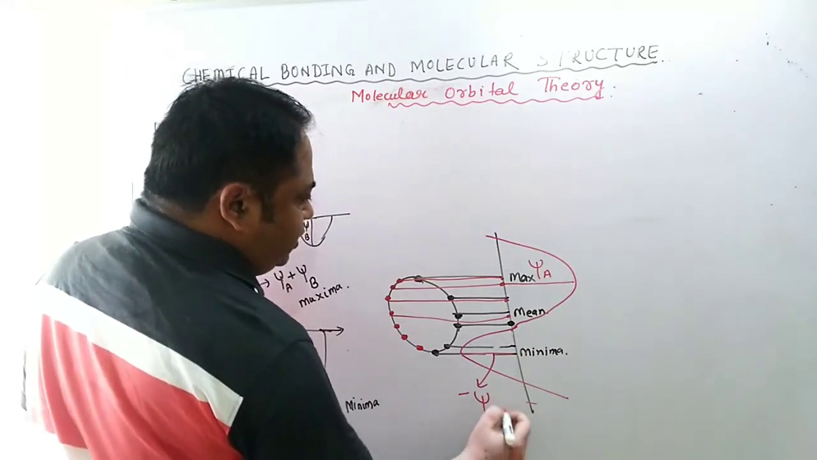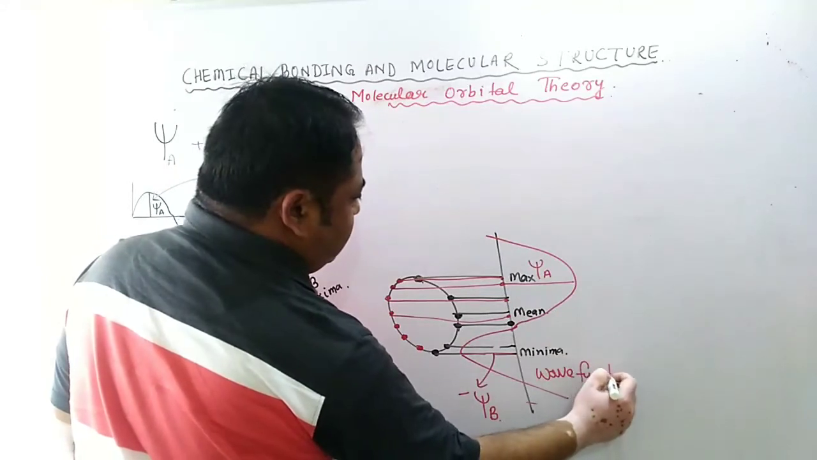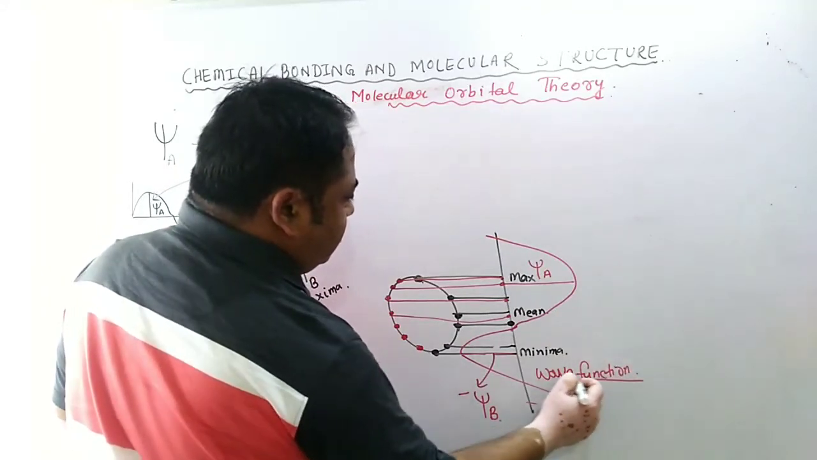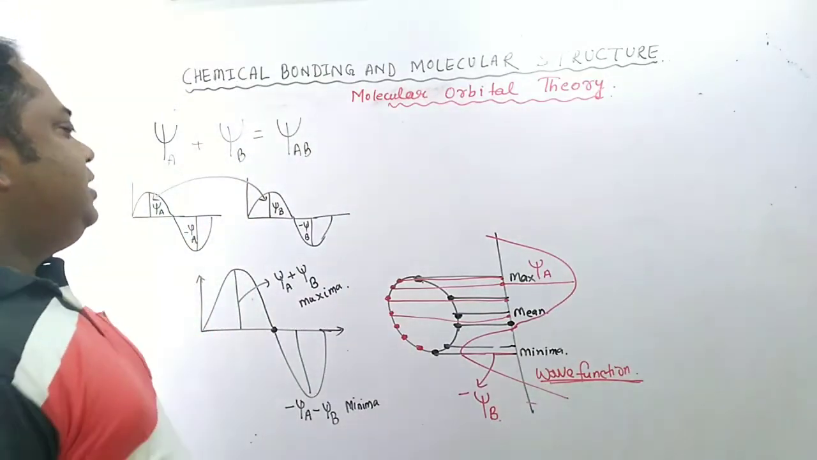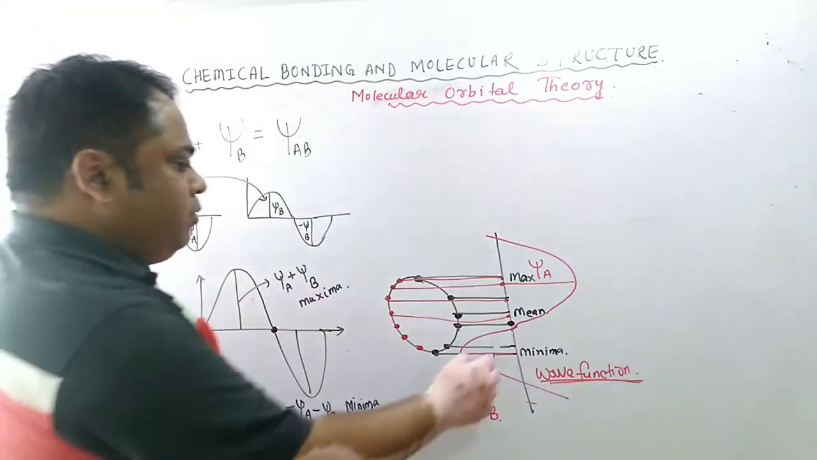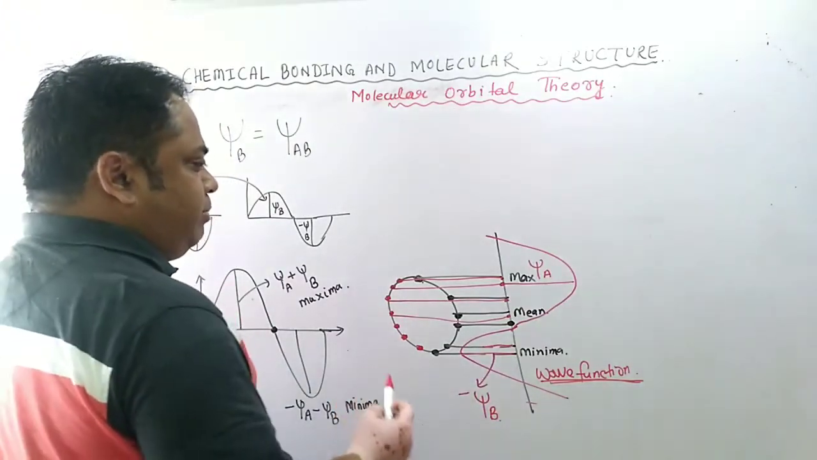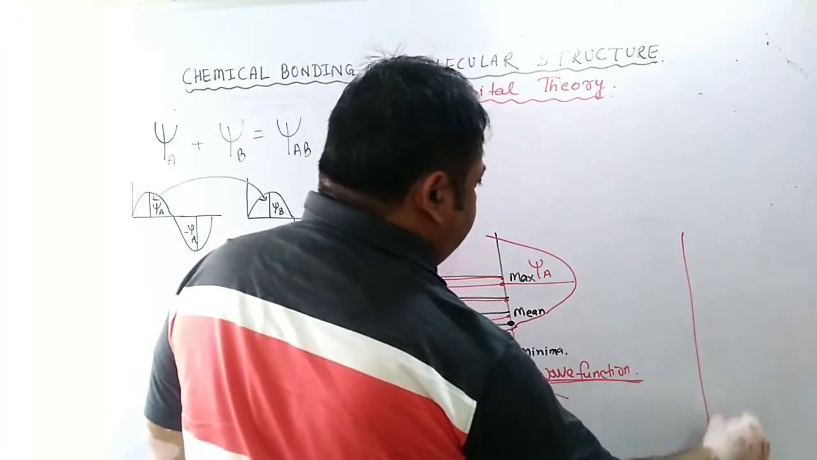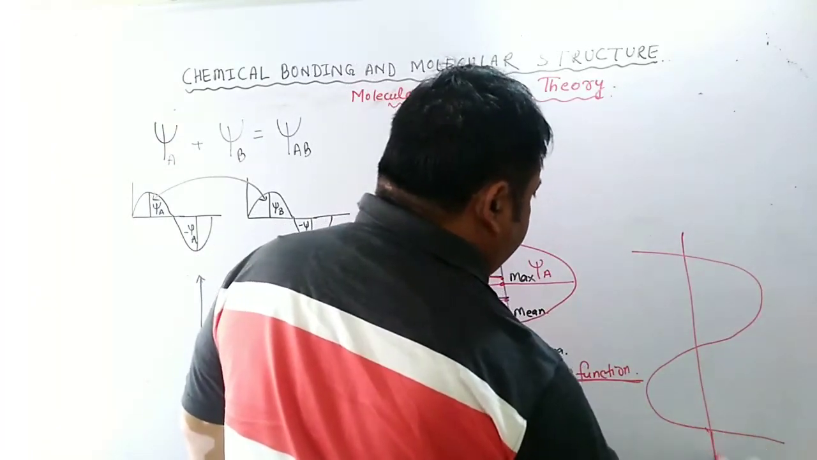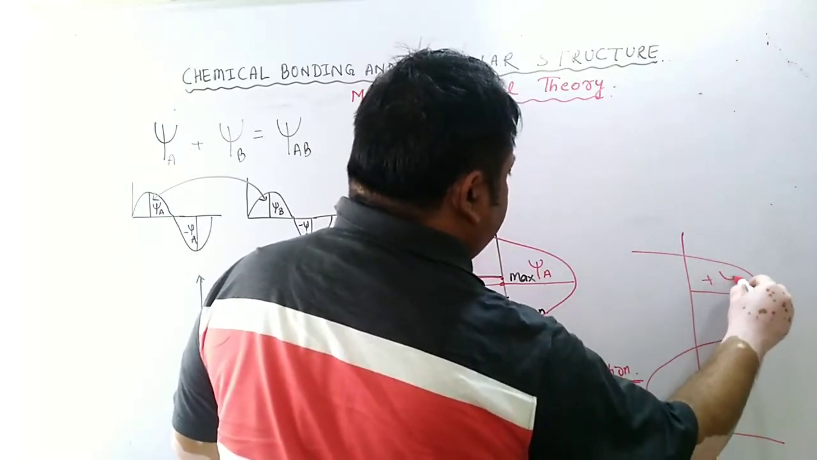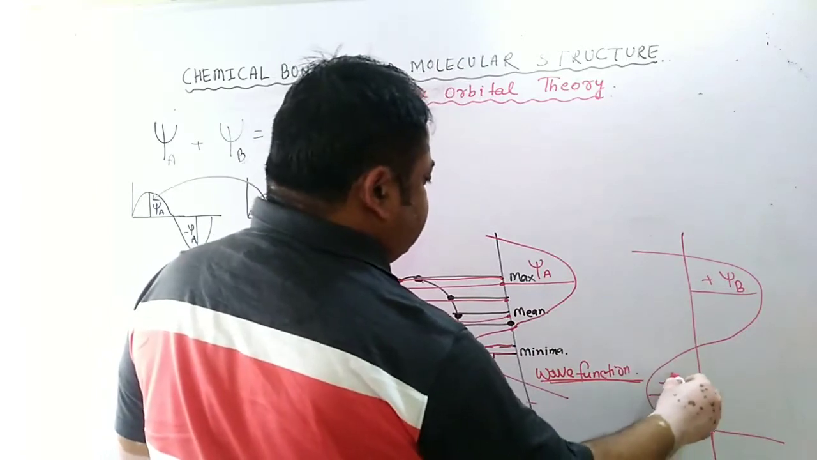This is called the wave function. Psi is also called the wave function. So it is said that when constructive interference of these waves takes place for two orbitals, if two atoms are combining, and if this is psi B, this is plus psi B and this is minus psi B,